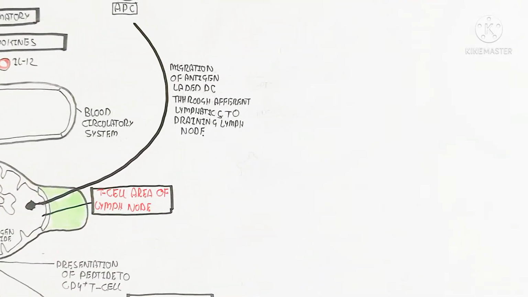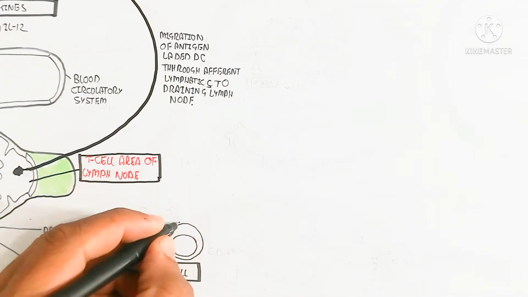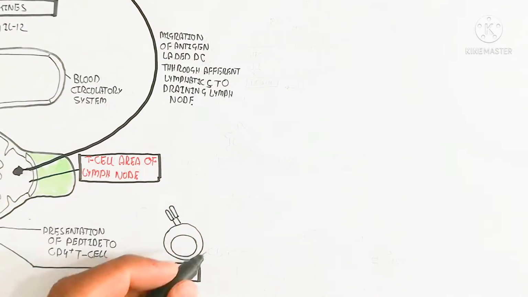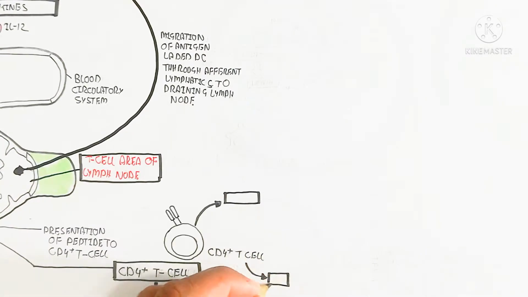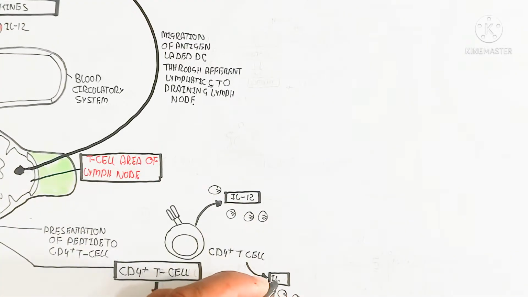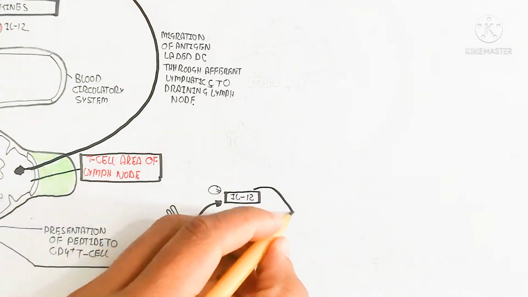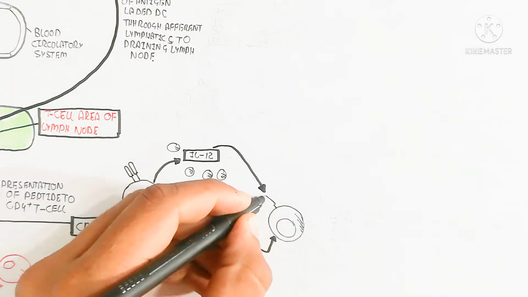So in this way, here is the growth, proliferation, and cytokine production, and B cell activation, B memory cell and plasma cell through a naive B cell, which is activated by CD4 after the maturation of the CD4. On the other hand, here is the CD4 positive T cell, which is produced after the recognition and activation to produce interleukin 12 and interleukin 4.